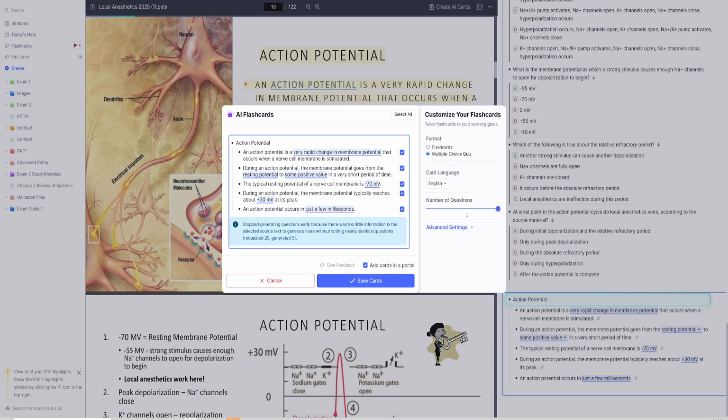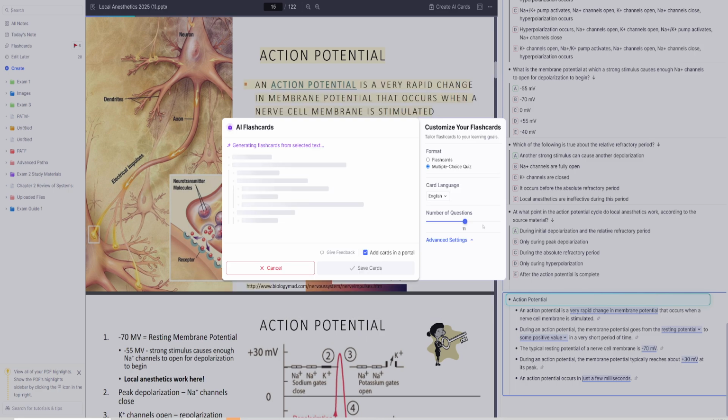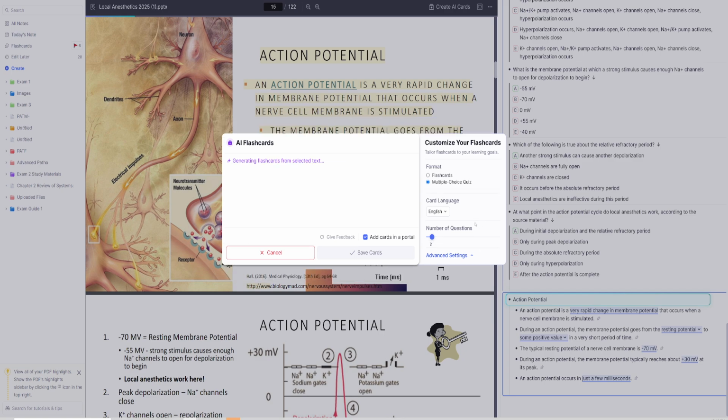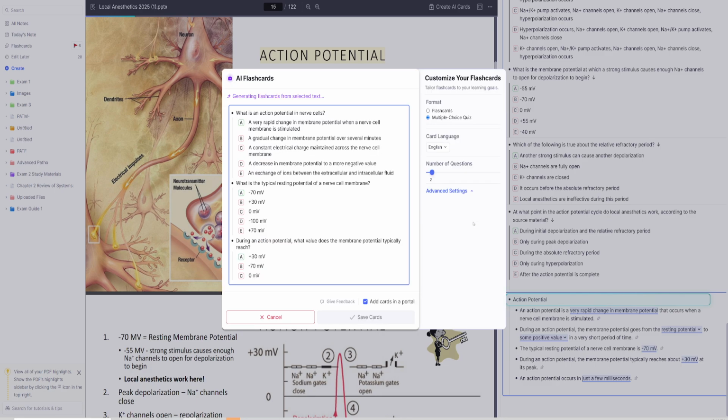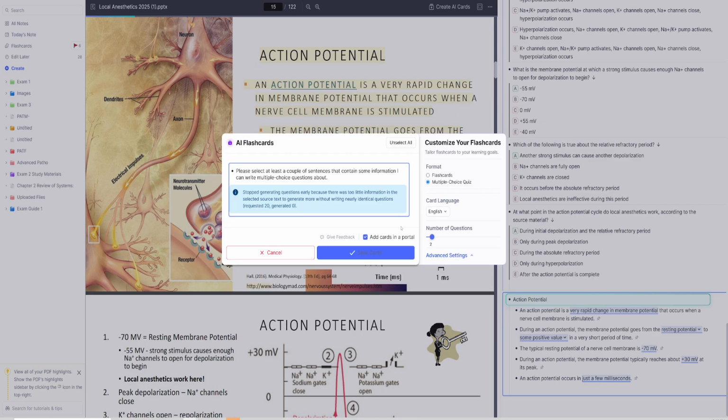But you will click multiple choice, and then I'll lower it so it doesn't take so long. Once you click multiple choice, you can use this to dial how many questions you want to create from it. It will try its best to create as many questions as it can based on the information, but if it can't, then it just can't. And once you click save,